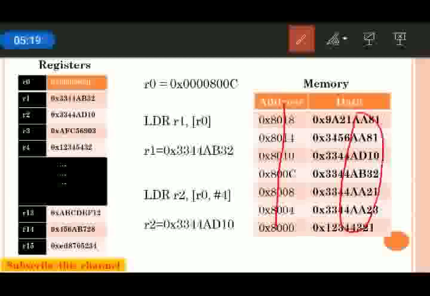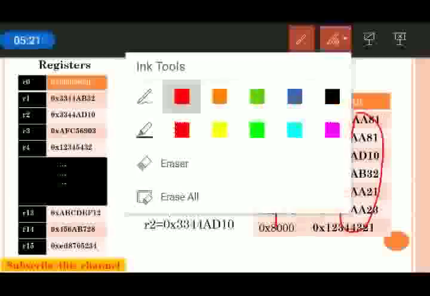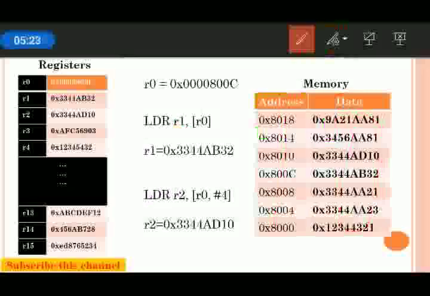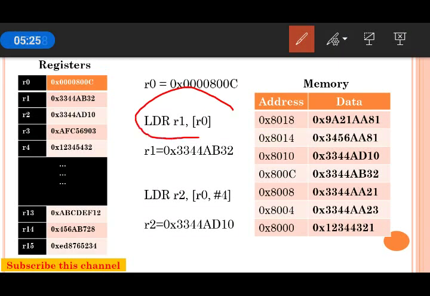Now let us go to the instruction LDR R1, [R0]. Before this instruction, note that R0 has 0x0000800C.